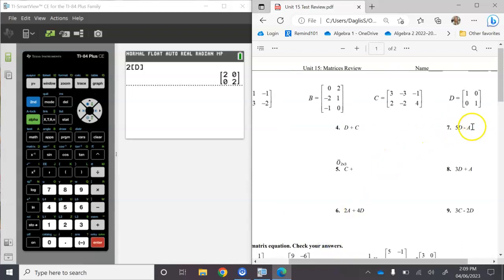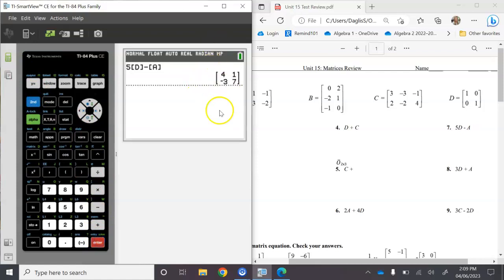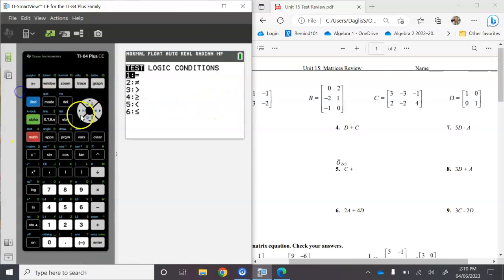Like if we go right here to number 7, 5D minus A, I'm going to type 5, matrix D, and then minus matrix A. There we go. We get the matrix 4, 1, -3, and 7. If you ever type something in, like back over here to number 4, D plus C,